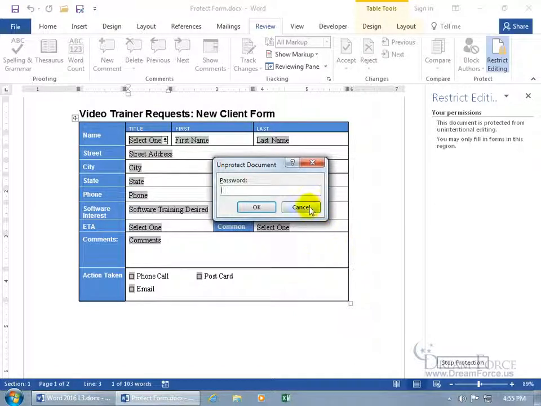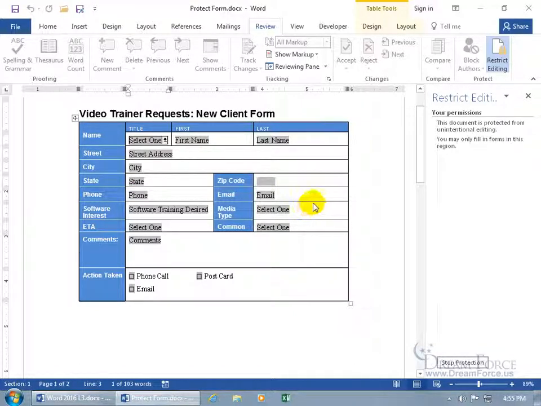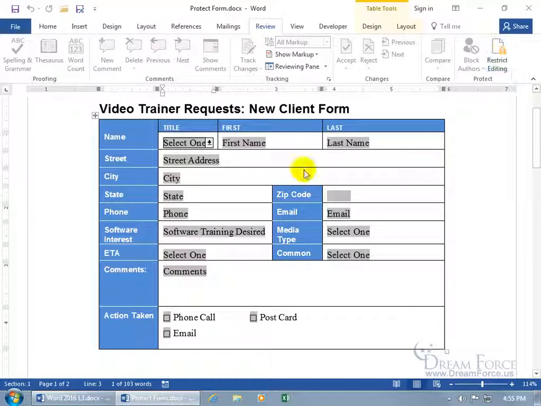Oh well, let's go ahead and click Cancel. They can't do that. And let me close out of the task pane, and let's start filling in our form. Select one, let's do Mr. And to go to the next field, just hit the Tab key on the keyboard, type in me, and then